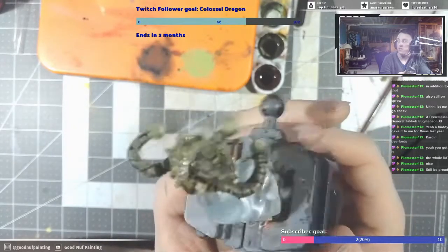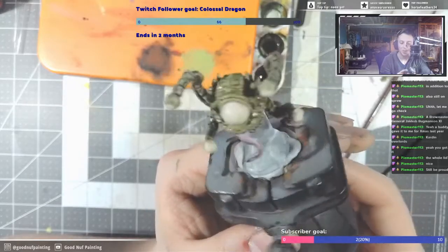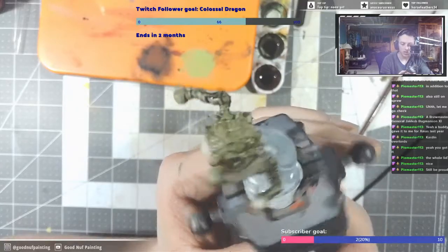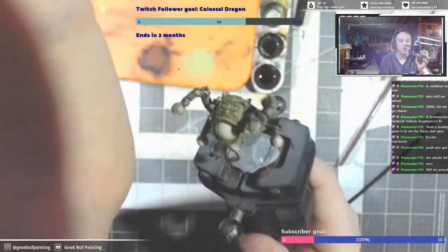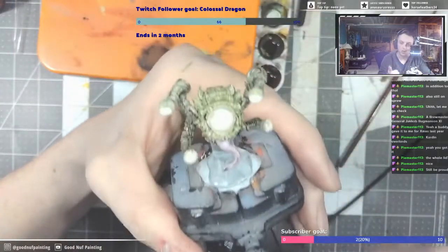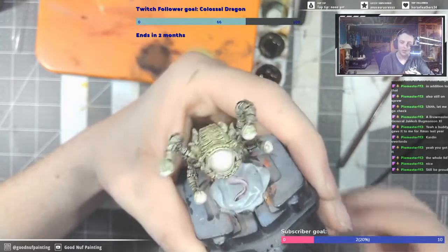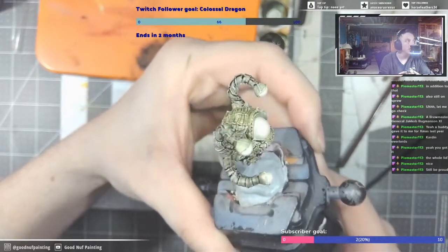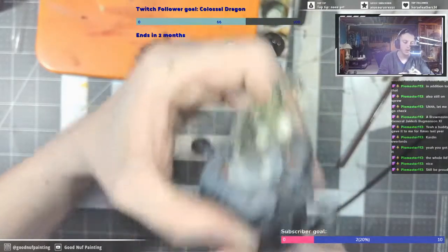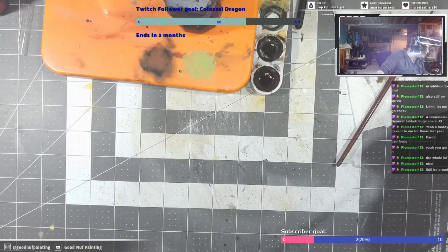It looks very glossy right now, but when it dries, it'll be a little bit less glossy. But especially with the dark tone areas, those will be a little bit shiny. When you finish your model, you're going to want to spray it with a matte varnish to, one, protect your paint job, and two, it'll help tone that down a little bit. You can get one of the Rust-Oleum matte varnish sprays, or you can get matte varnish by,